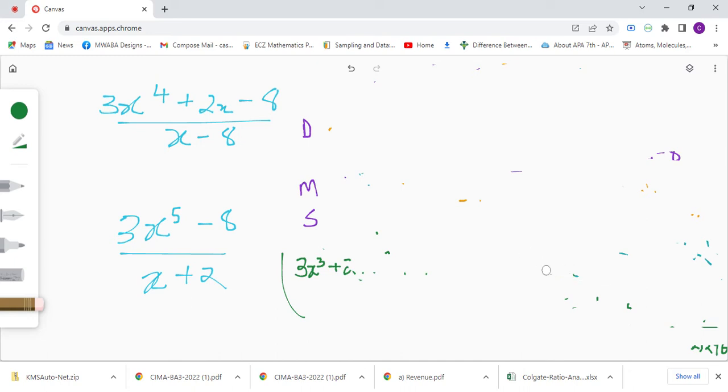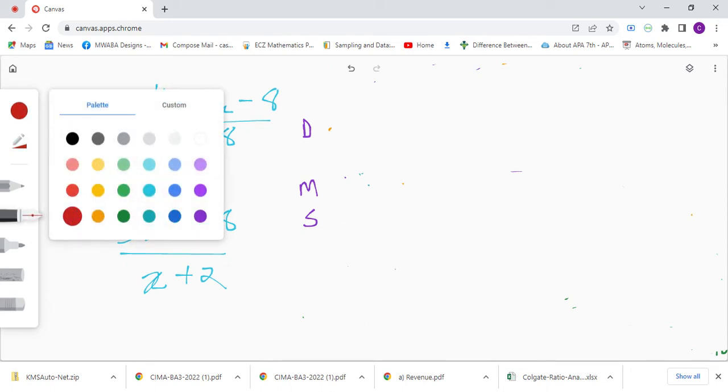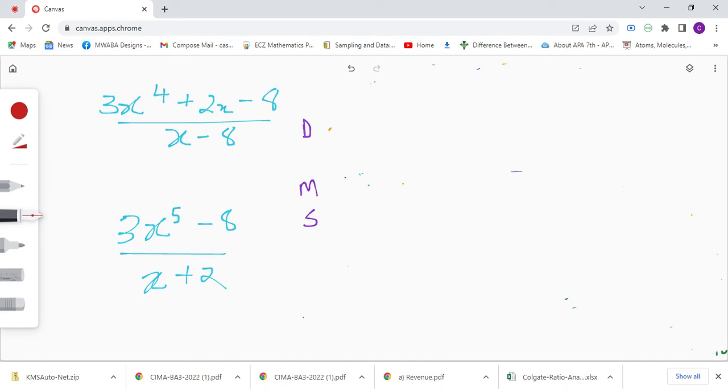No, sir. I was missing the 0x cubed and 0x squared. How would you determine that you need to put a 0x cubed, 0x squared? Ideally, if we see like for this question here,